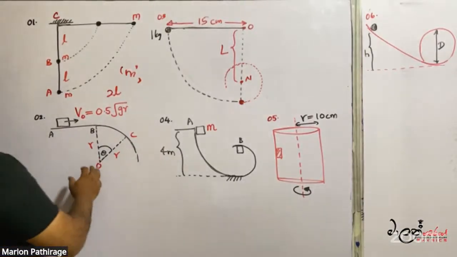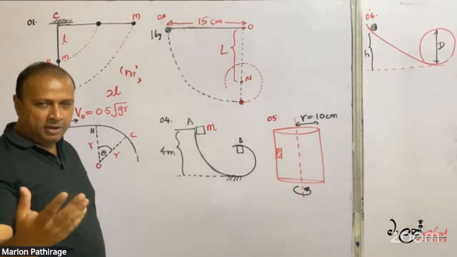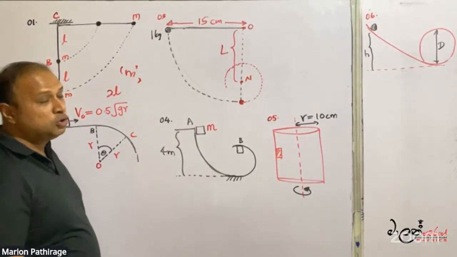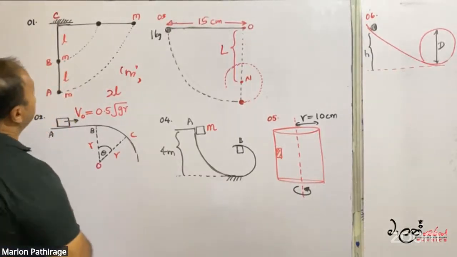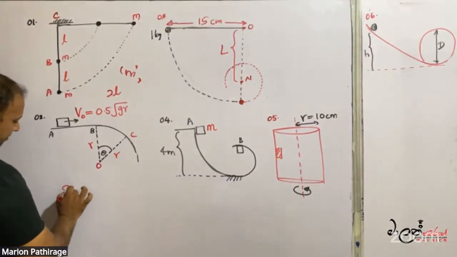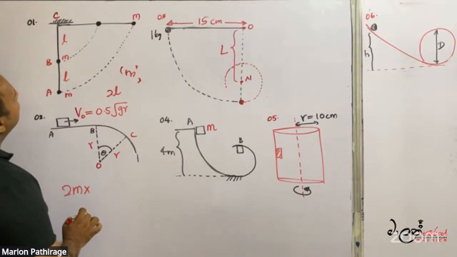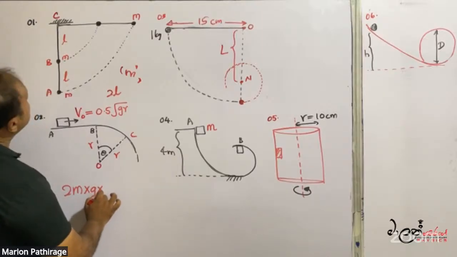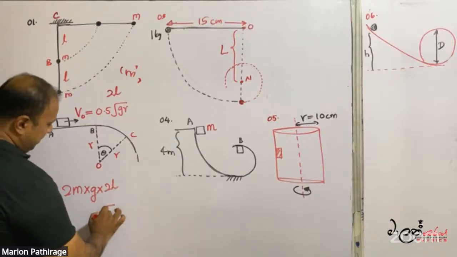Initially the system has two masses. Therefore, it has a potential energy of 2 times mgh. Mass is 2m. G means what you say? mgh. H means 2l. Then finally,